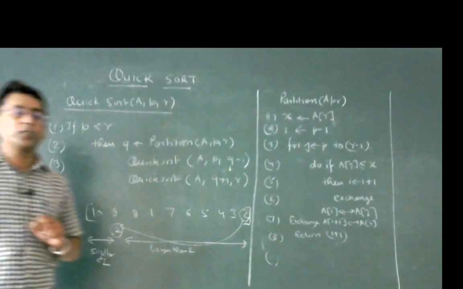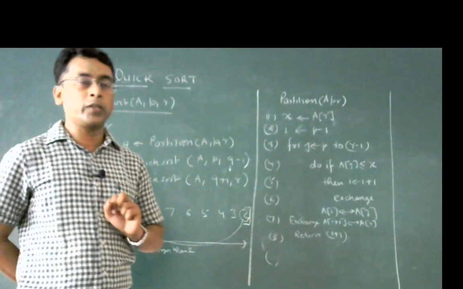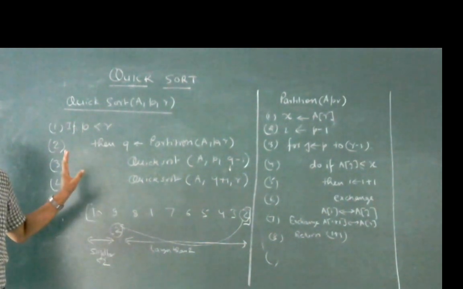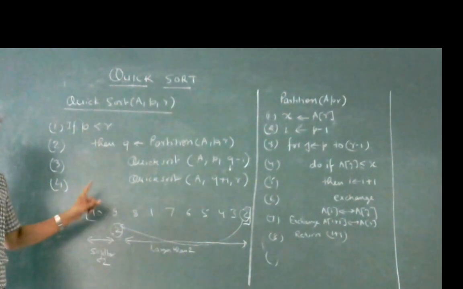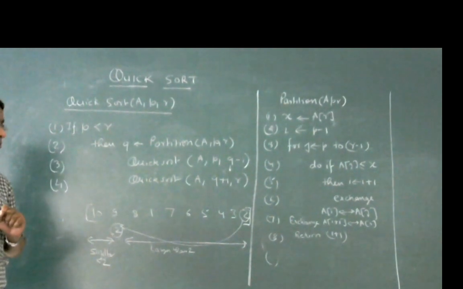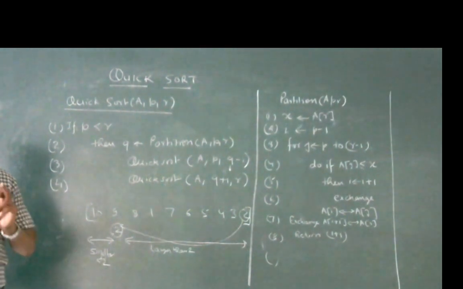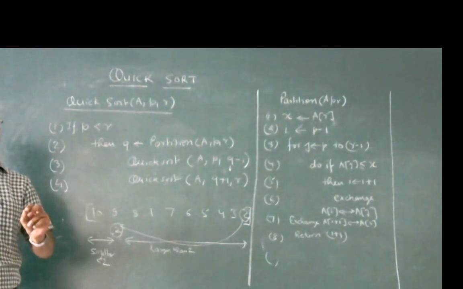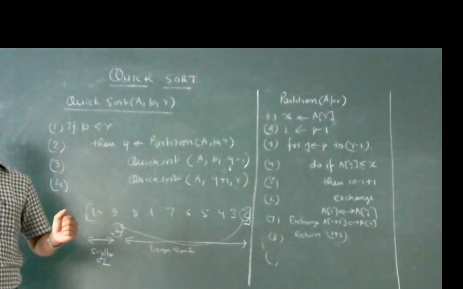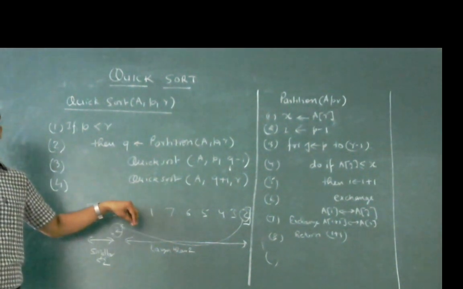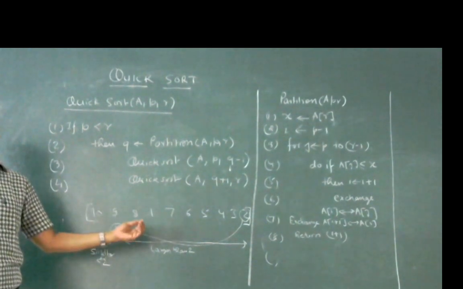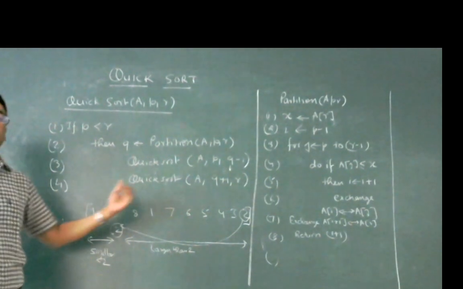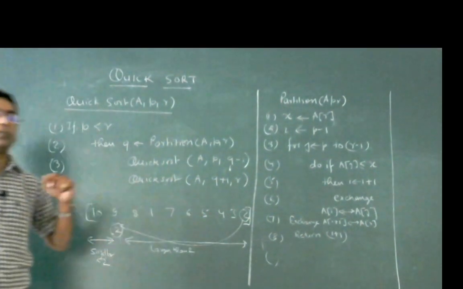There are certain situations in which quicksort gives better results, but it does not perform very well in all cases. I shall discuss this later, but I am giving you an overview of why its name is quick: because it can sort the data and find the position of a particular element without sorting the complete array. It places the element at the position at which the elements on the left hand side are smaller than the element, and the elements on the right hand side are larger than that element.